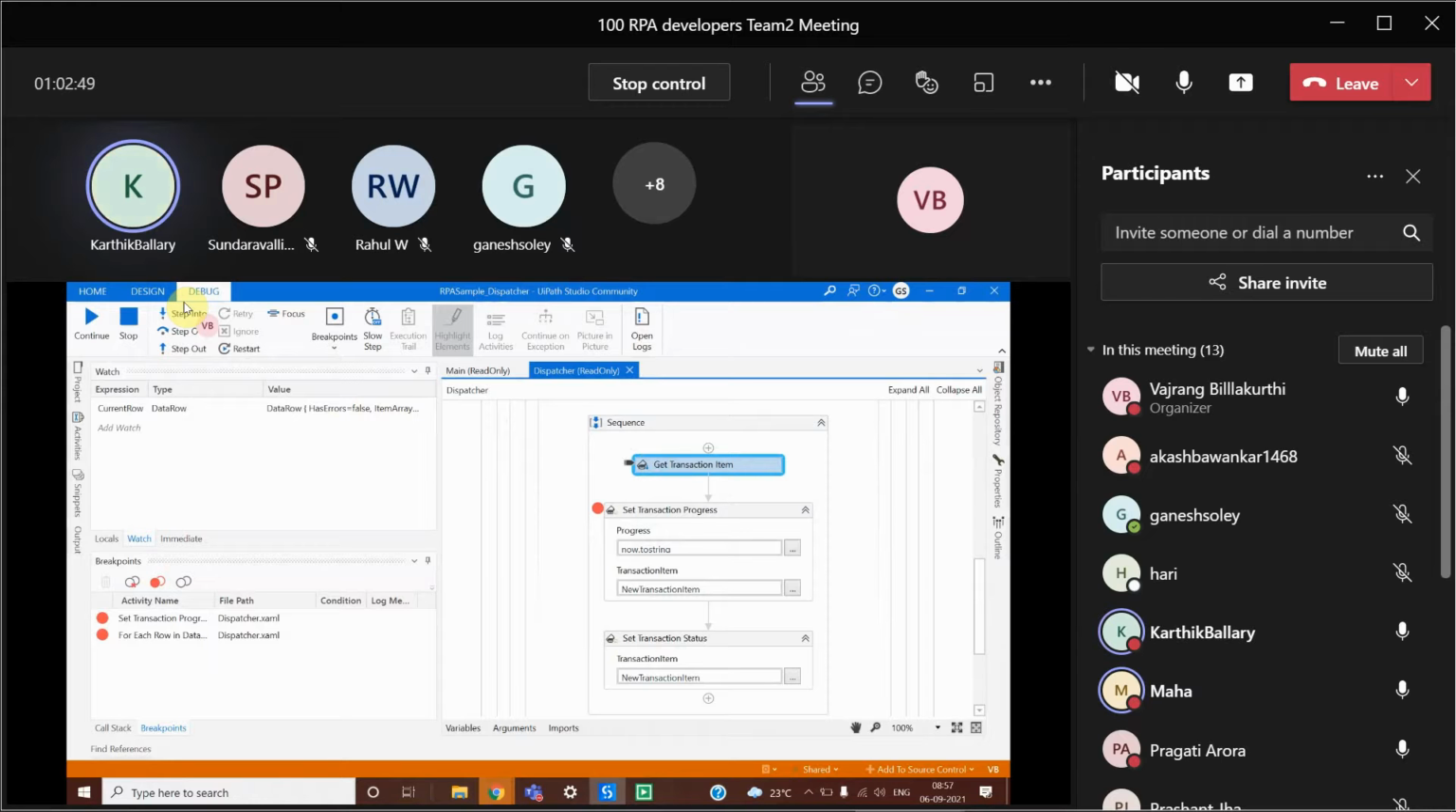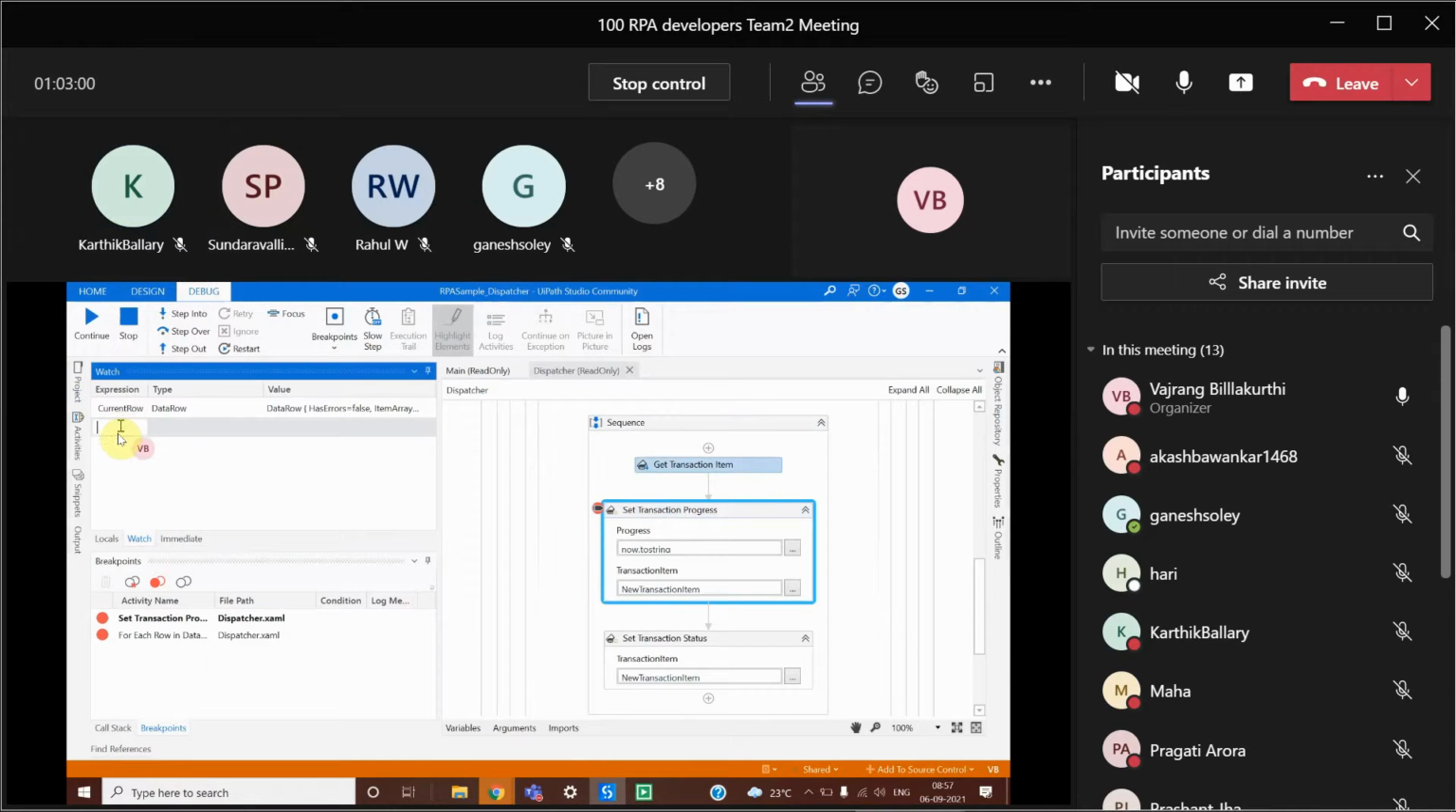First item, or based on the deadline or the priority of the queue. Okay, if you see Get Transaction Item, the output of Get Transaction Item is a new transaction item, right? So the new transaction item is null. Though there are queue items, the current properties of the queue don't allow it to take any item. So we are not getting any item, and this will throw an exception because we are giving it a